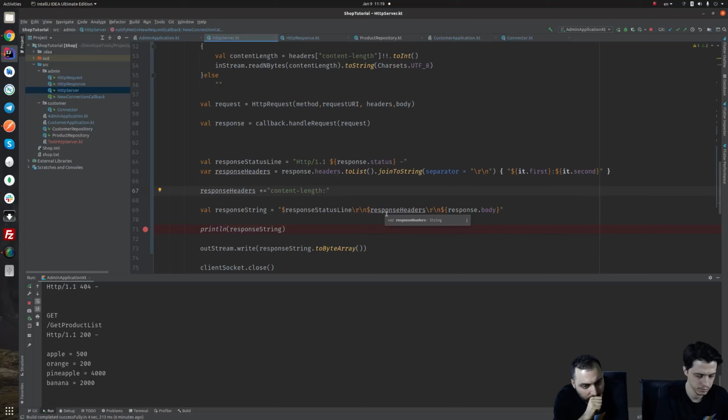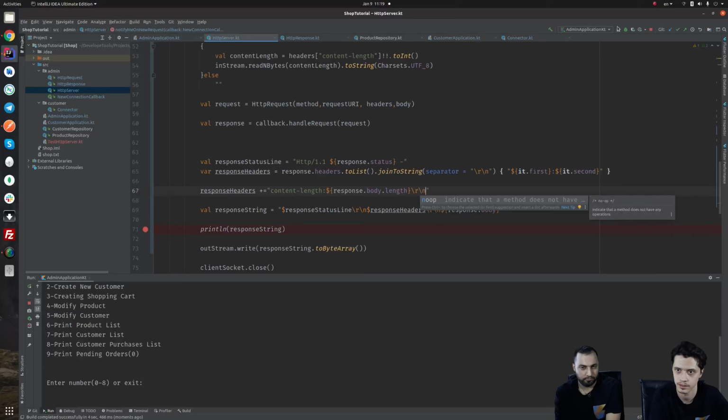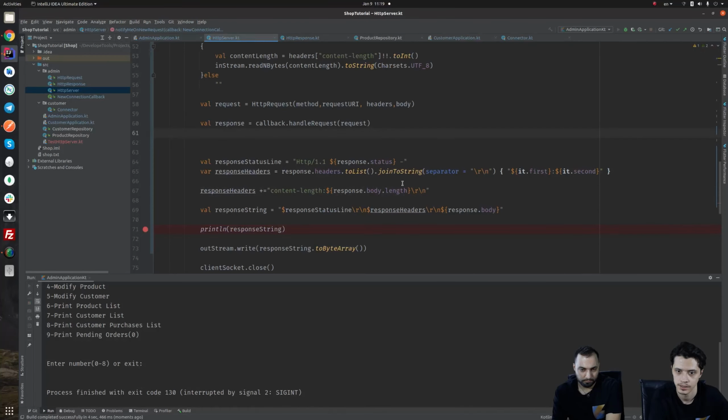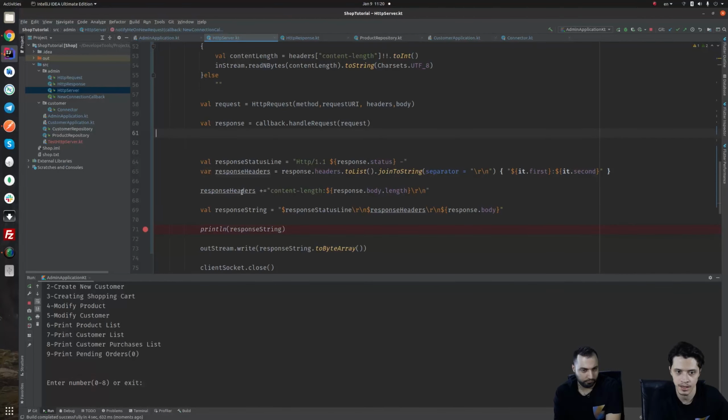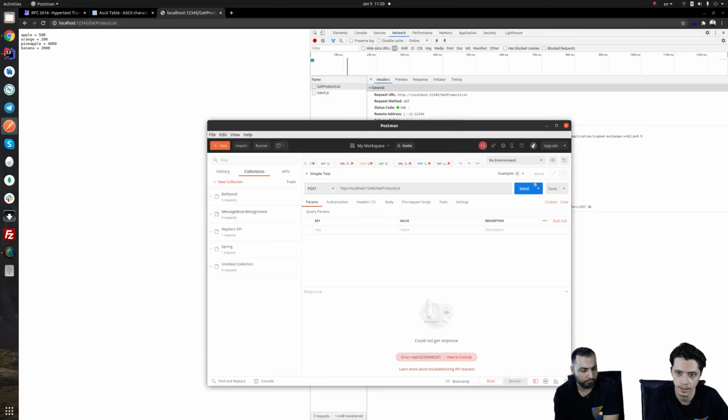We can say response.body.size, or length for the moment. But if the body is, for example, Persian characters, the length won't work, because it is more than that. So I'm appending this Content-Length. Let's see if this will work this time. Oh, and I have to put a \r\n at the end. So I appended another header to the headers that the server gives. Now again, if I send it again,